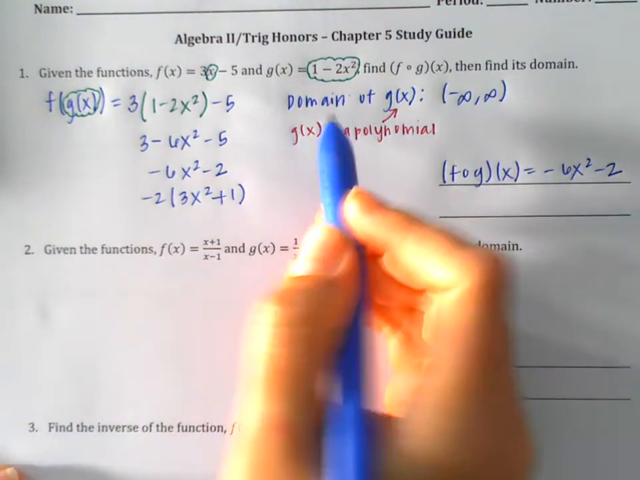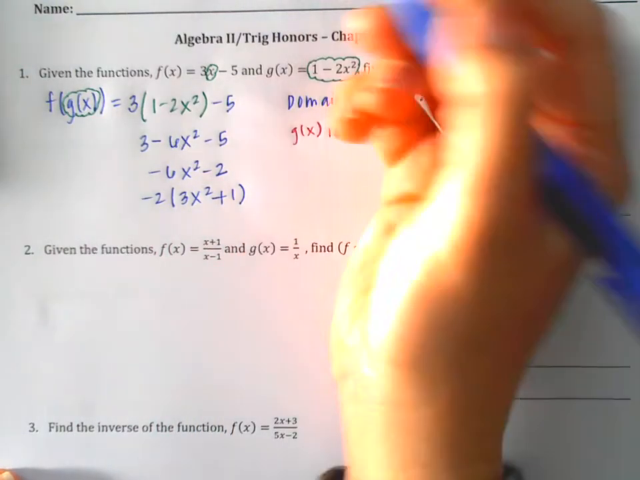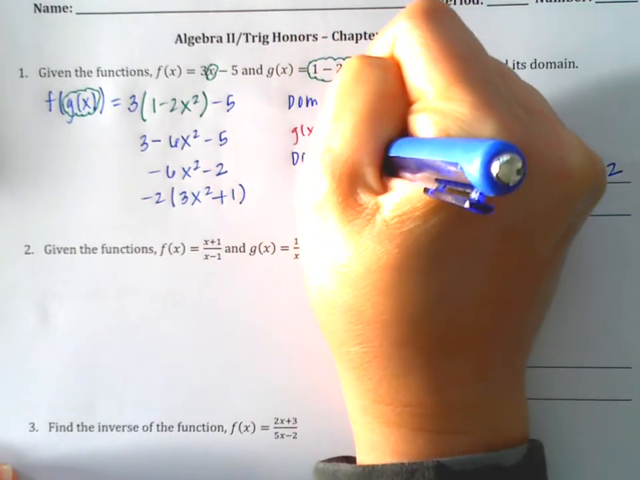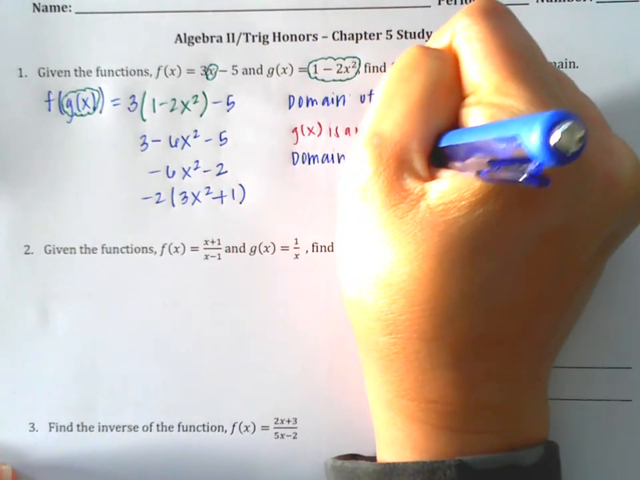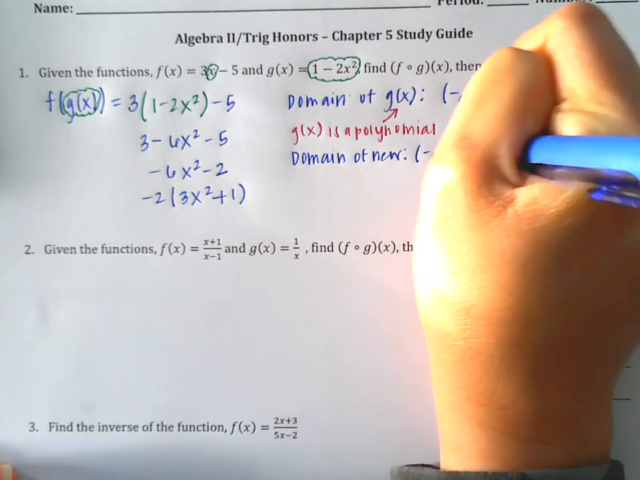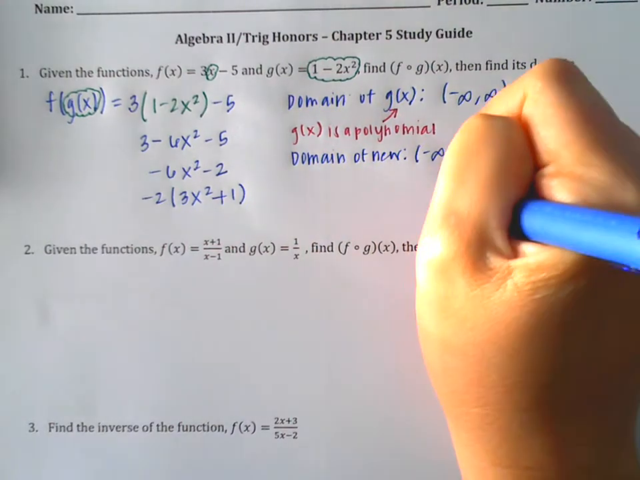And then we need to look at the new function, and the new one is also a polynomial, so it's also going to be all real numbers. And then we technically would combine those, but they're the same. So the domain of f of g